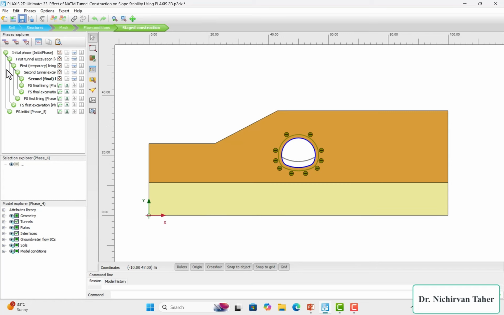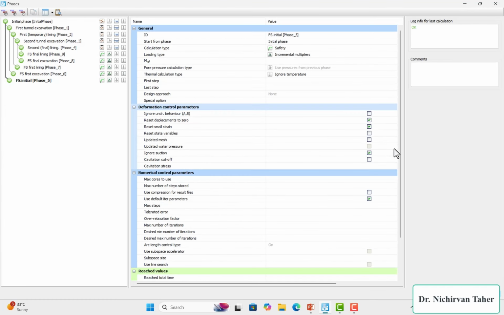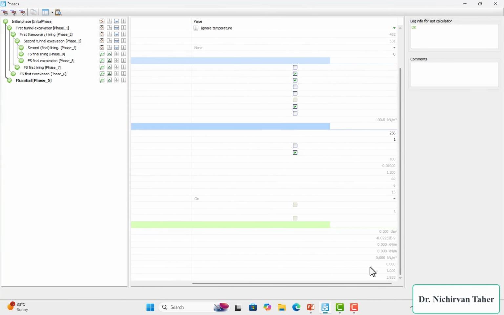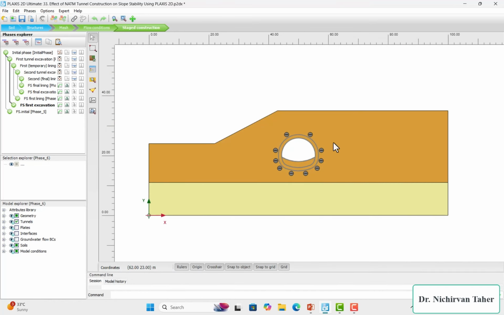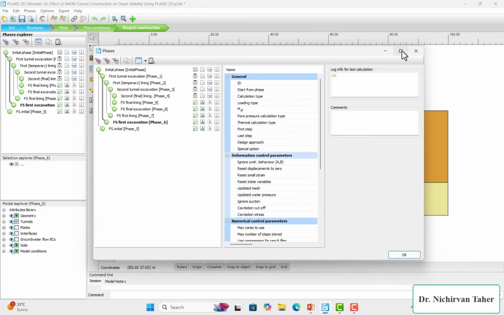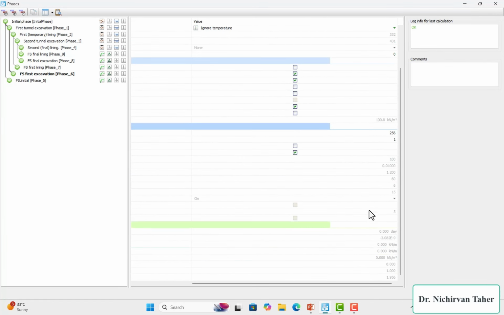So as we can see, the calculations are finished, and we can check the safety factor at each step. So first I want to check the safety factor at the initial phase when there is no tunnel excavation. And in here we can check and see the reached safety factor is about 4, which is equal to 3.933. And after the first excavation, we can see the safety factor is